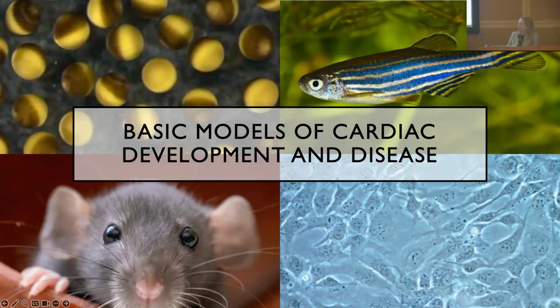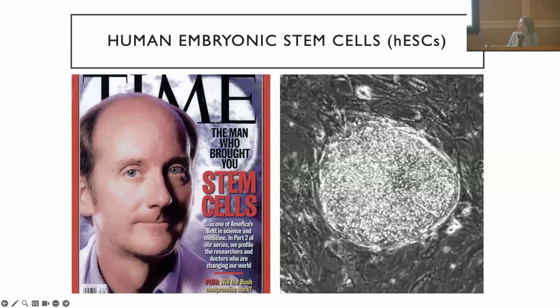But there are certain contexts in which these models can't help us. And at the end of the day, with the exception perhaps of the immortalized cell lines, which have some limitations of their own, they're not human models. So the field of developmental biology was really upended in the late 90s, around 1998, with the advent of human embryonic stem cells. And this is Dr. James Thompson from the University of Wisconsin, who derived the first HES cell line. And this is a human embryonic stem cell colony here, grown on a mouse embryonic feeder layer, which is how we used to grow them. Some people still do.